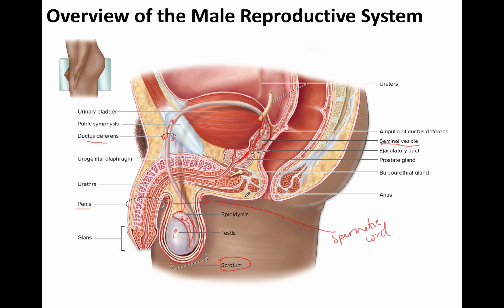This donut-shaped gland that's going to be at the base of the bladder is the second accessory gland. That's the prostate gland. So during sexual excitement, sperm is going to move and sit here in the ejaculatory duct. And essentially, the seminal vesicle is going to make roughly 70% of the fluid component of semen, because semen,